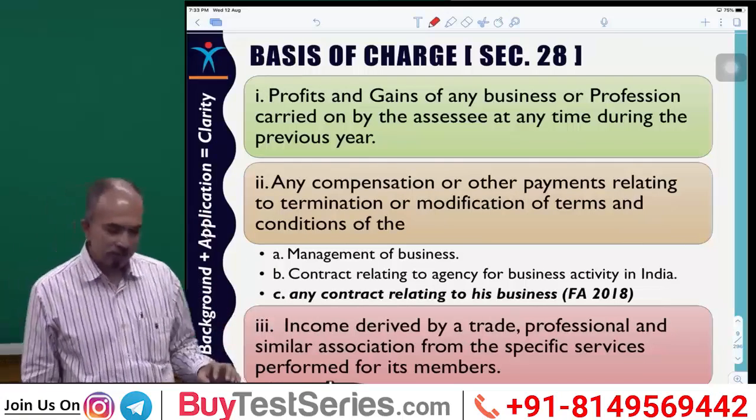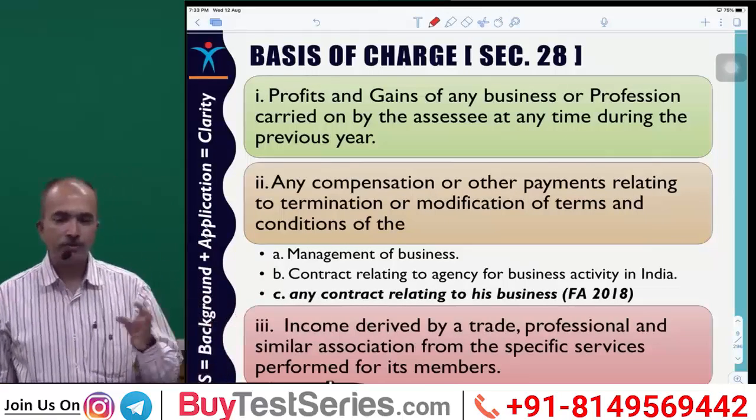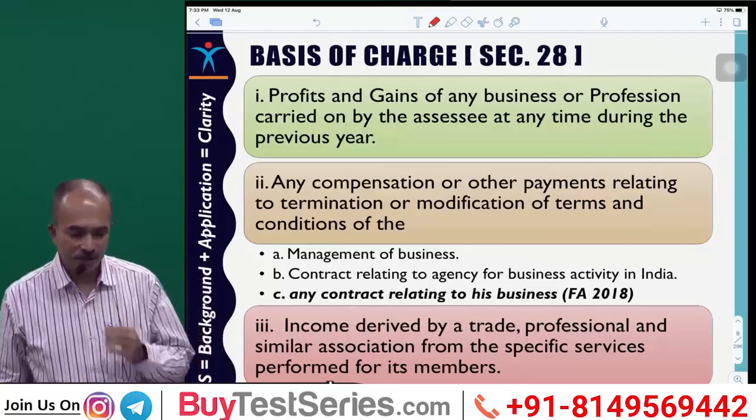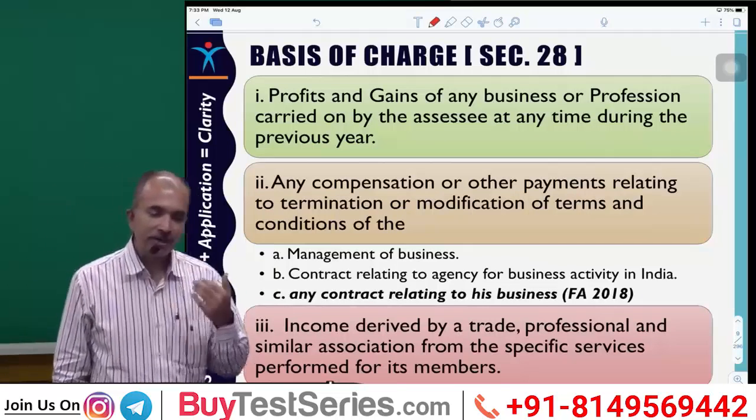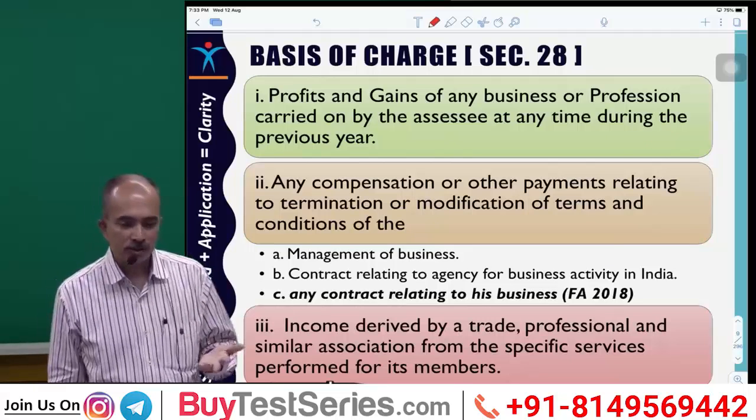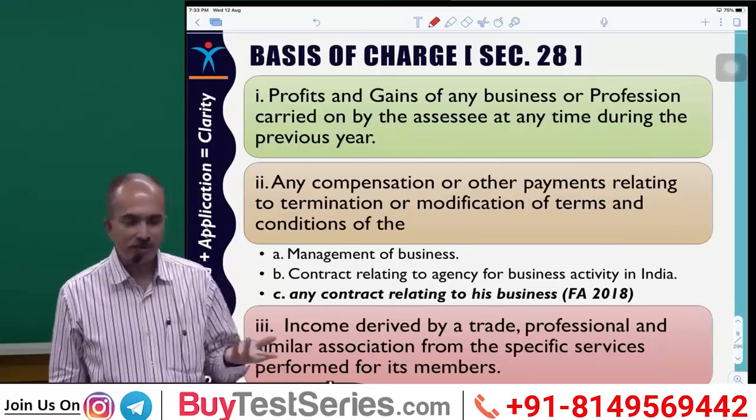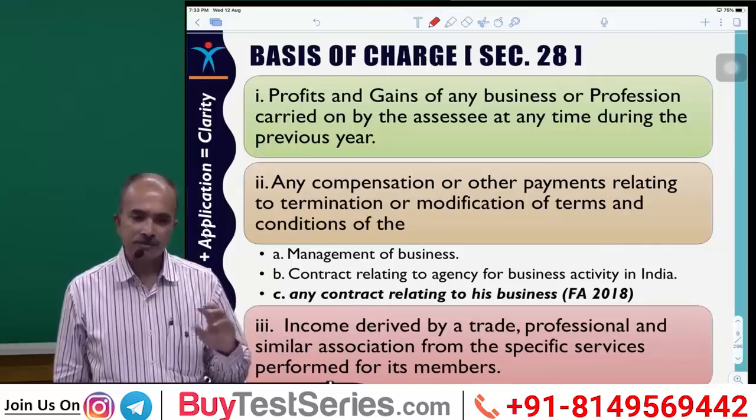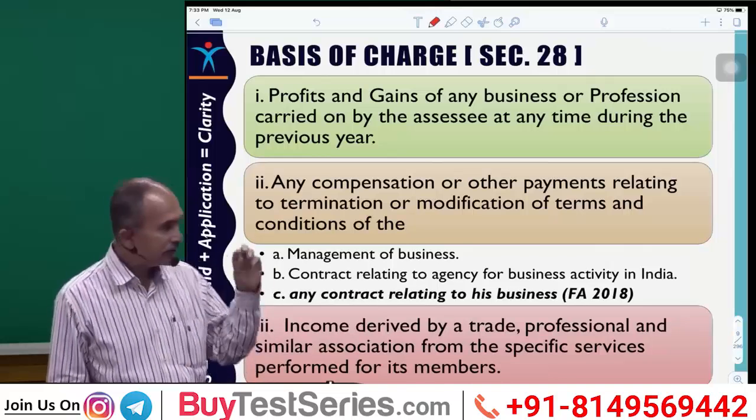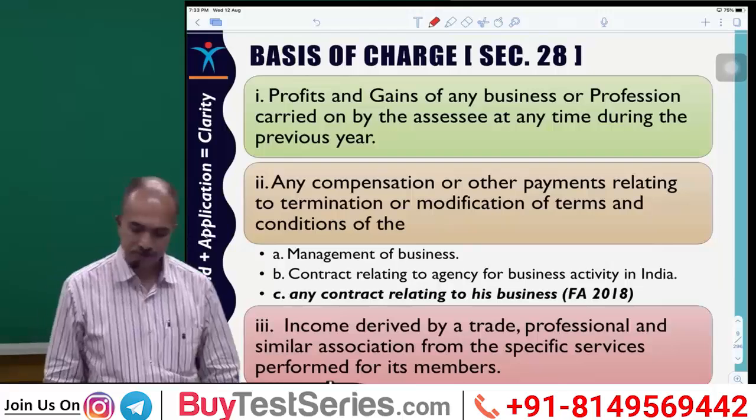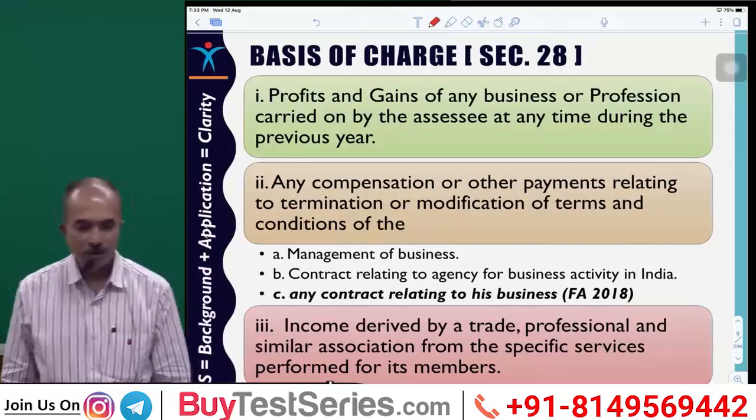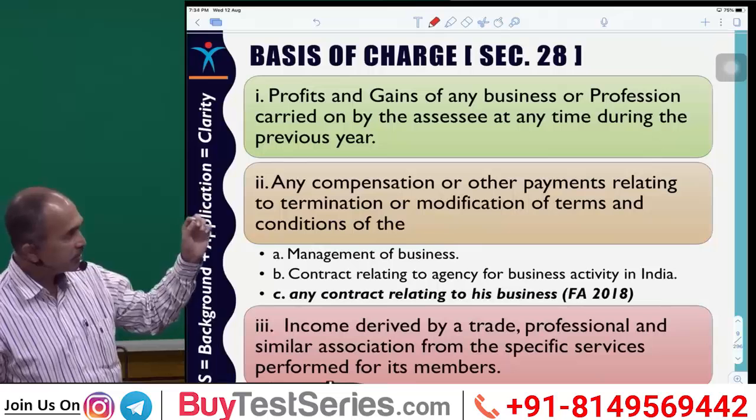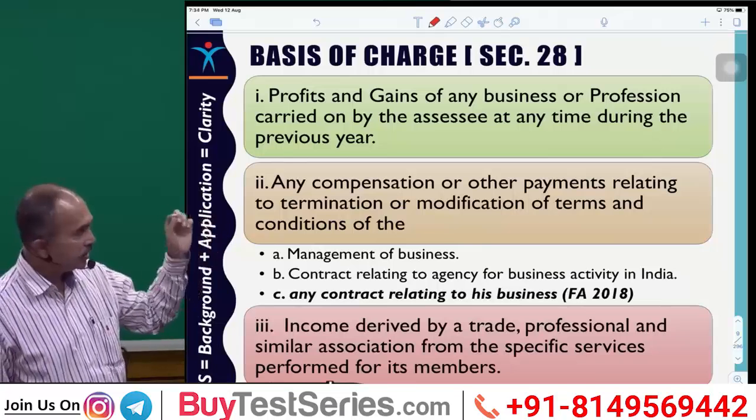The remaining clauses, which we'll see from 28 Roman 2 up to 7, are all the specific charging clauses. These clauses have been brought in to cover some loopholes, some case laws, some cases where the court has held this is not taxable, or to cover up some situation in other laws. So first and foremost, clause 1, what it says: